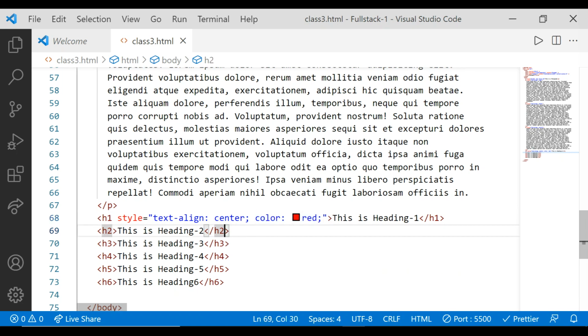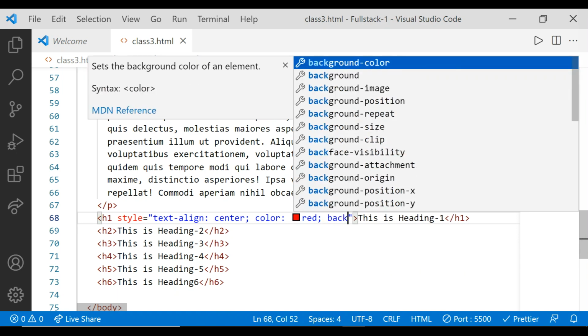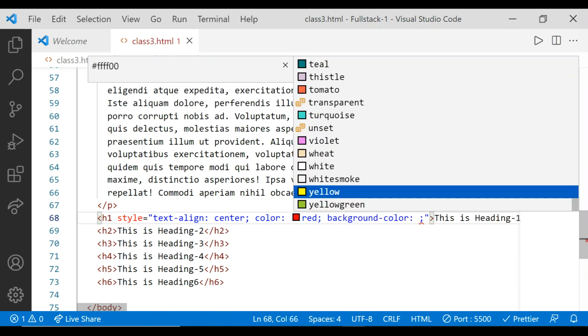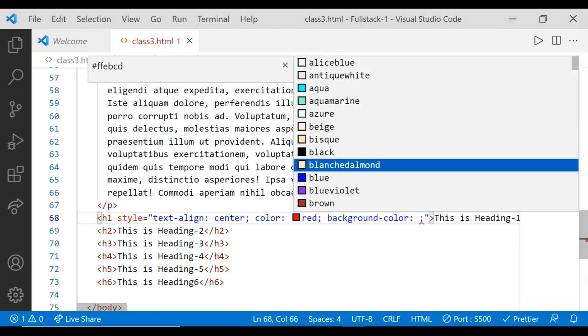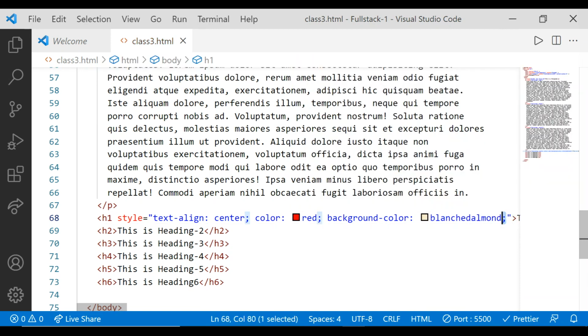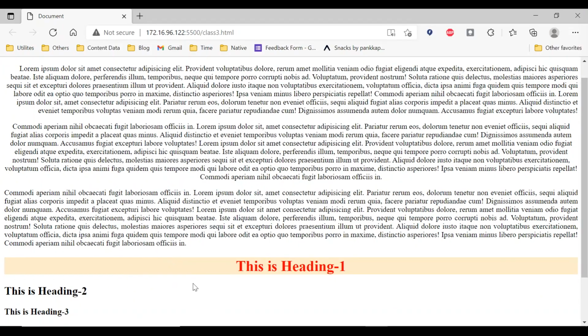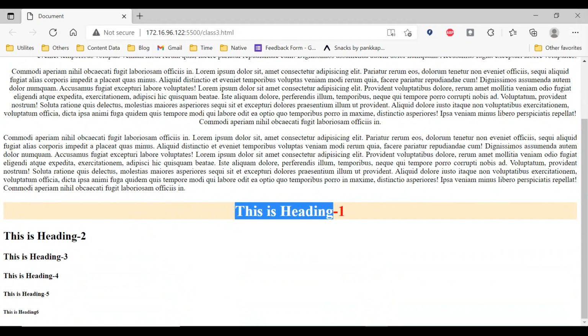Okay, now and I'm also giving a background color. मैं इसमें background color भी add कर रहा हूँ. I'm saying this one color. Okay, so I'm adding 3 CSS properties. Text align center separated by semicolon for second property going to be applied, then again semicolon for applying the third property. So semicolon is important. Okay, let me save the code and you can see the output on the screen. So this is heading 1.